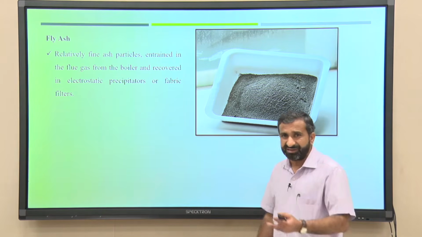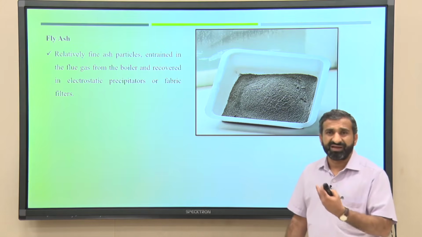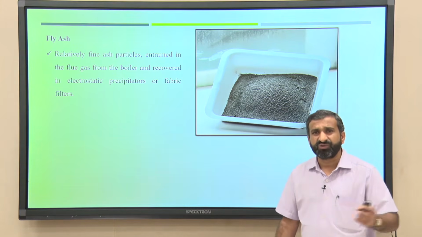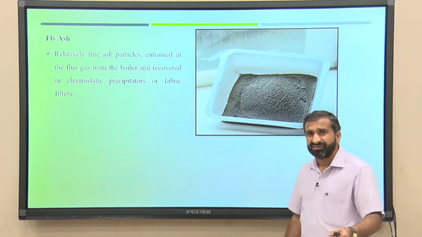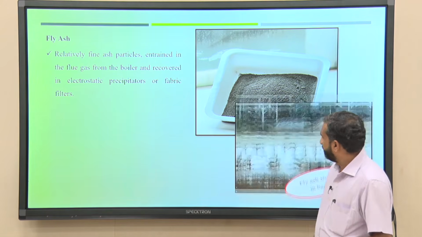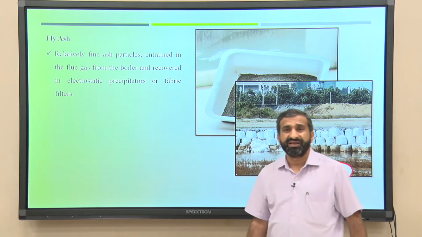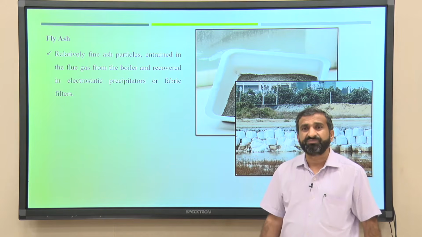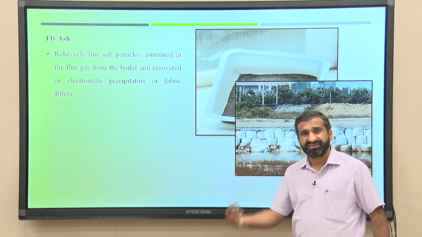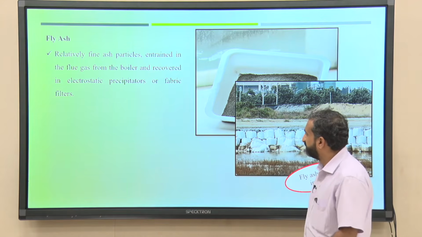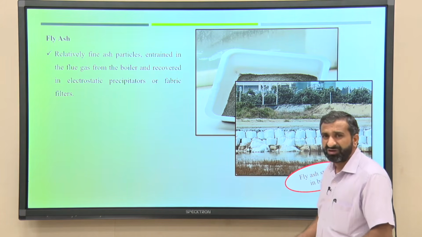And you know that fly ash production is very high in coal power plants also, and its storage is also very difficult. This is the fly ash storage in bags. Normally this ash is stored in water ponds. So, in most incineration facilities or even coal power plants, they will have one special area they call an ash pond. This ash is always quenched in water, because the size is very small.